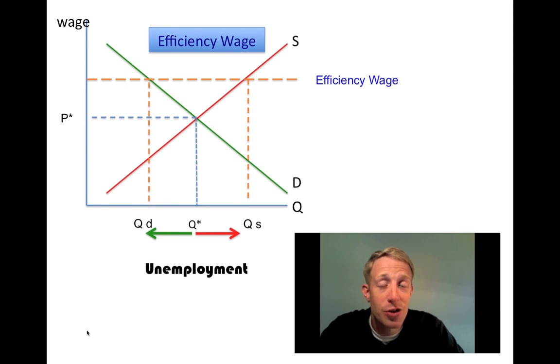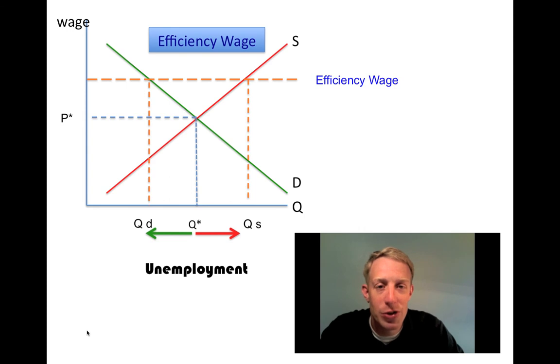This efficiency wage is a wage above market, but it's a good thing, or it could be a good thing for the firm, because these workers work harder, they show up on time, they don't slack off as much, they're not surfing the web when they're supposed to be working. They're doing what the firm wants them to do, and so the benefit of paying a higher wage is worth the cost of paying a higher wage. Not only does it accomplish all of these things, but it also reduces turnover for the firm. They're not constantly seeking to hire new people to fill vacancies because people don't want to leave those jobs that pay better wages.